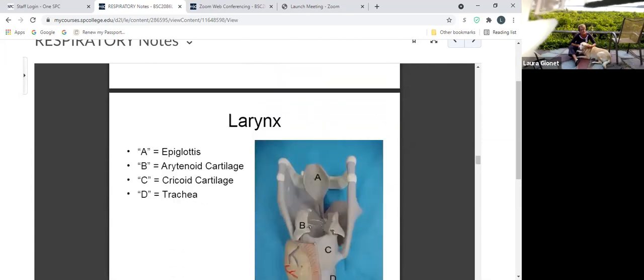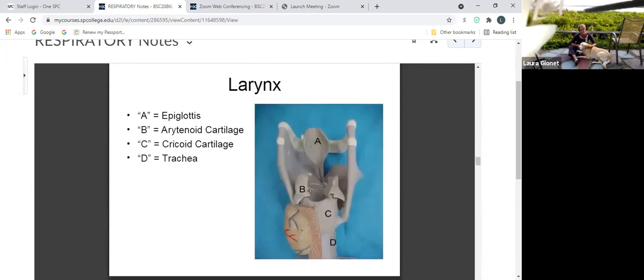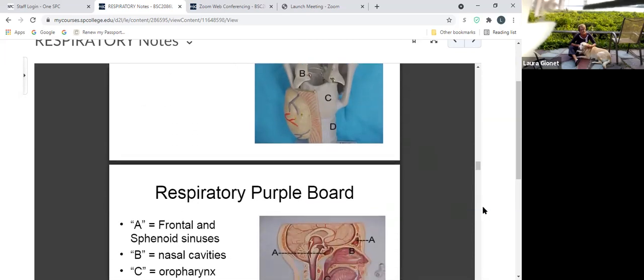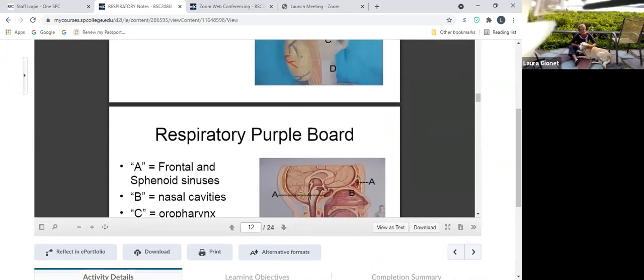All right. Then we go to the posterior aspect of the larynx. We have the epiglottis. B gives you a good picture of the arytenoid cartilages. C is the cricoid cartilage, and D is the fibula. So that's another. Here we have again